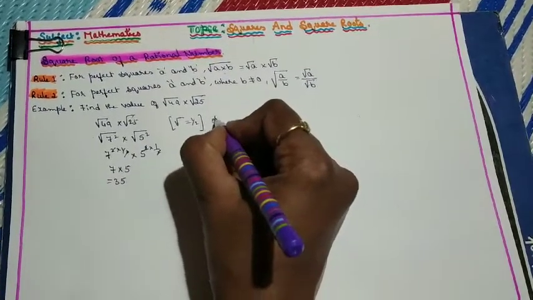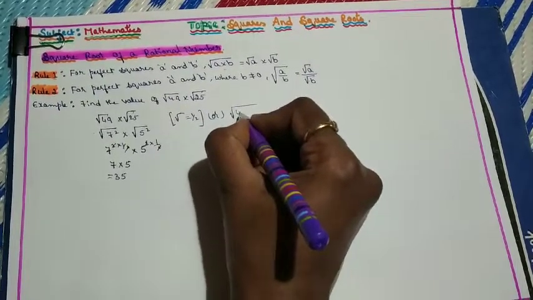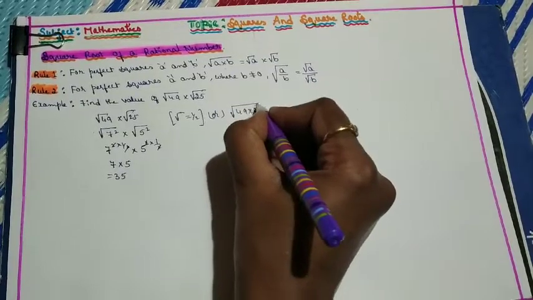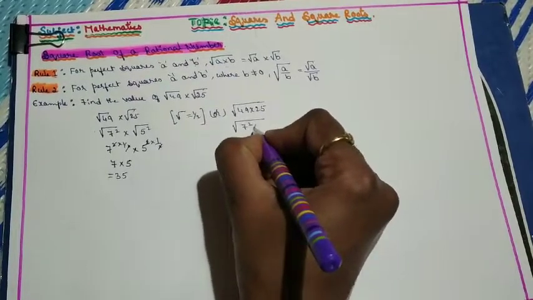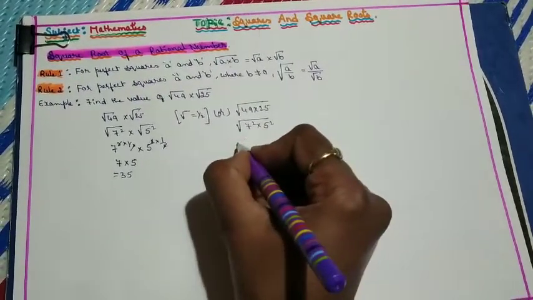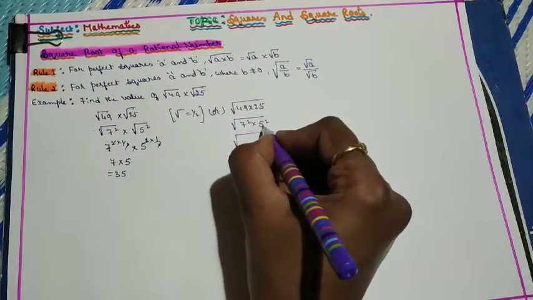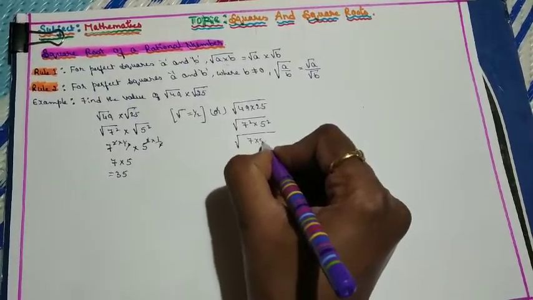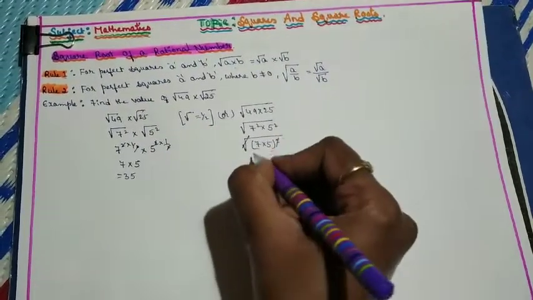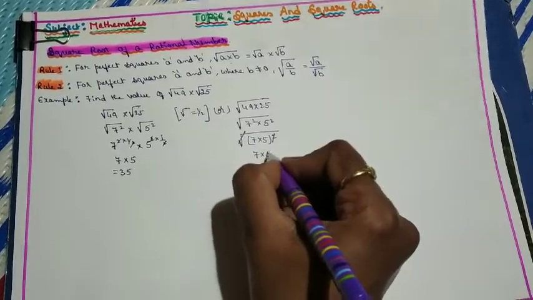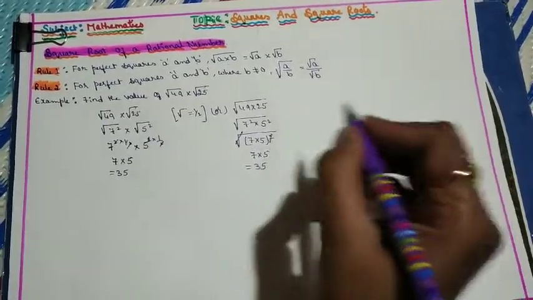The other way you can do it is, we know that root a into root b is nothing but the square root of a into b, by applying rule 1. Then the square root of 49 can be written as 7 square and 25 can be written as 5 square. Then we know the exponential law, a power m into b power m is nothing but a into b whole power m, which is learnt in class 7. Then the square and square root get cancelled. You'll get 7 into 5, which is nothing but 35. Whichever method you use, the steps should be the same.